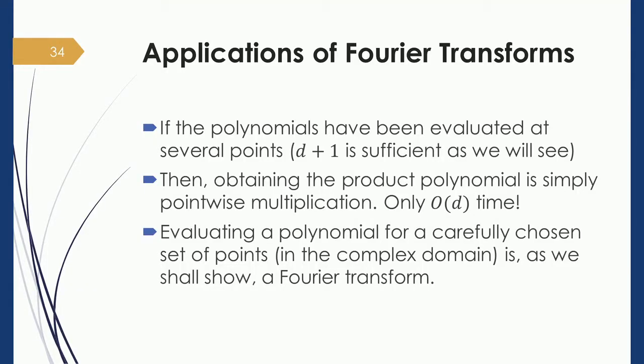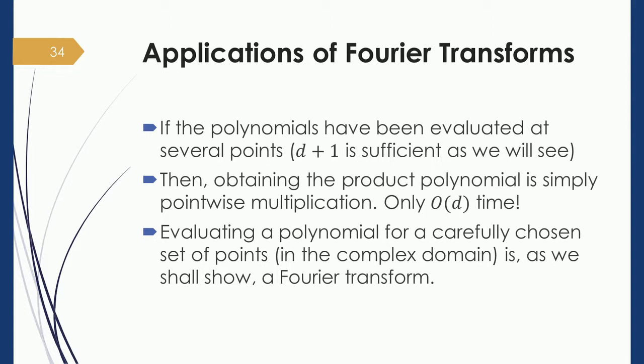Suppose these 2 polynomials have been evaluated at several points. In particular, we will go on to show that d plus 1 points is sufficient, then it is easy to obtain the product polynomial. So, if we have evaluated them at d plus 1 points, then we can simply multiply the two polynomials pointwise. So, in O of d time, we can obtain the product polynomial, and therefore, there is hope of performing